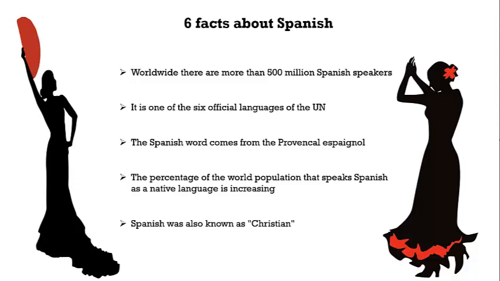Formerly, Spanish was also known as Christian. The reason? When the Moors inhabited southern Spain and practically the entire peninsula, they used this word to differentiate the people who spoke Spanish as well as those who speak their sister languages from those who use Arabic languages, which is faith to the Islam. And the last one, it is the fastest language. This is based on the number of syllables that an average speaker is able to pronounce per second.